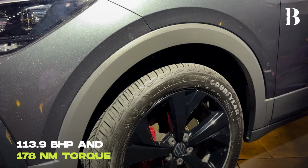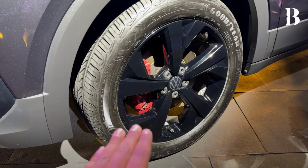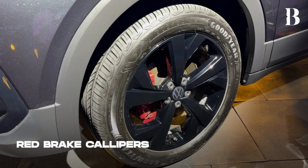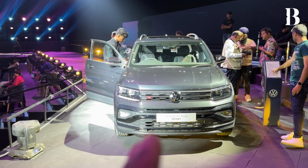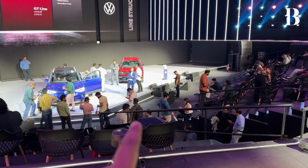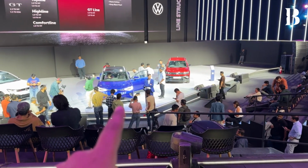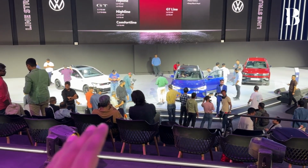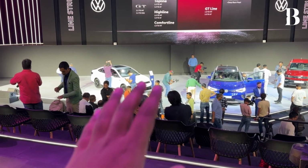Another cool bit about the GT Plus Sport variant will be the front brake calipers finished in red that go well with the rest of the red accents on the vehicle. So that was a quick look at the GT Plus Sport Taigun. Now let's go downstairs where we get to see the GT Line Sport and the ID.4 as well. We also have the Virtus GT Plus Sport concept car right down there, which I'll give you a brief look